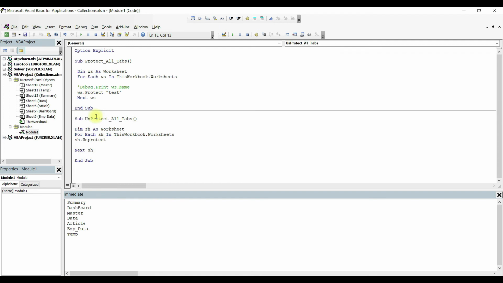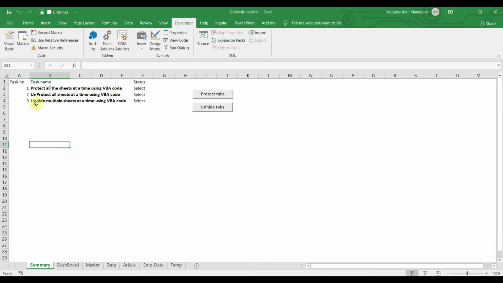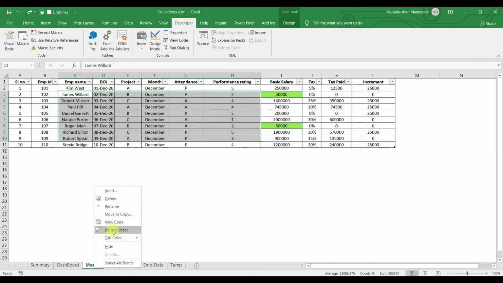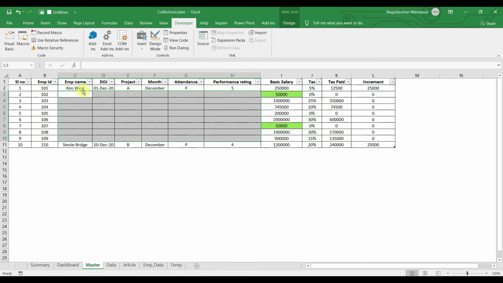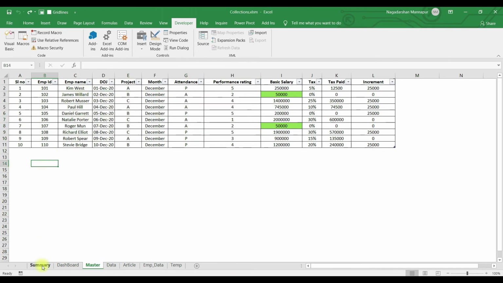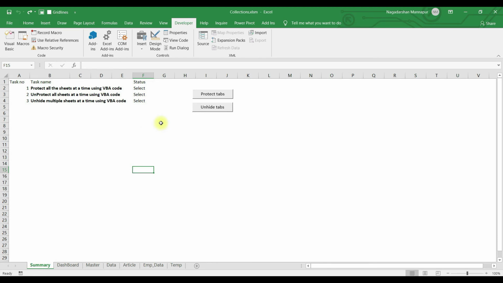When I give one space, it will ask the password. I just give one test. This is the password. It has to unprotect with this password. Then I'm going to play this here itself. That's it. I'm going to cross check it now. I'm able to delete. It means it's unprotected. So right click here. It became protect sheet. So it means it's unprotected. If I want to delete this, it will. So in that case, we are going to control multiple sheets.